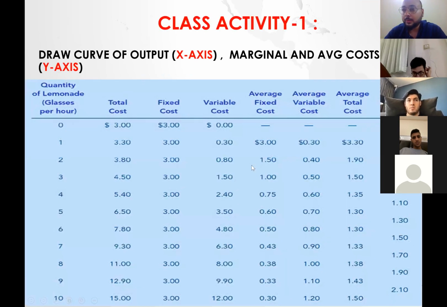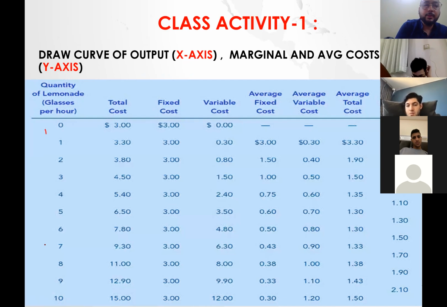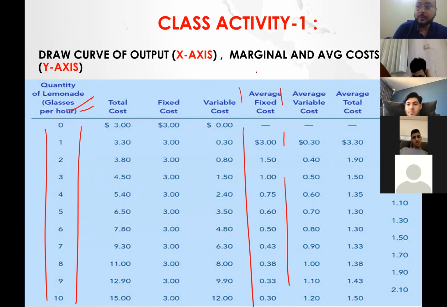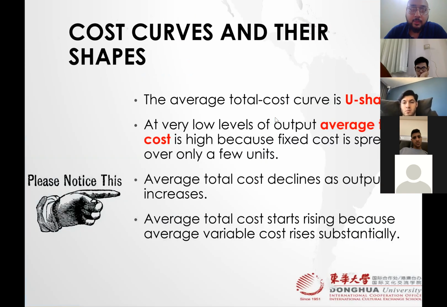Here we go. So in our class activity 1, in our last lecture, we put quantity on the x-axis, and then on the y-axis we first derived fixed cost, then variable cost, then average total cost, and then marginal cost. So we came up with this, and then we talked about its behavior. It's very important. Those who already did that activity, if you have it in front of you, you can still see that and